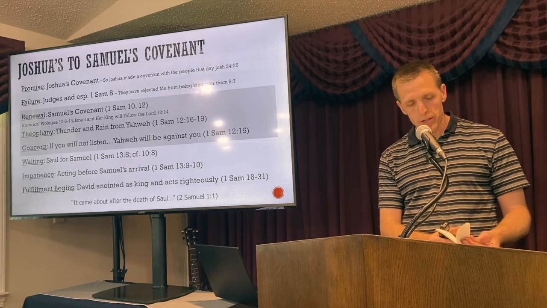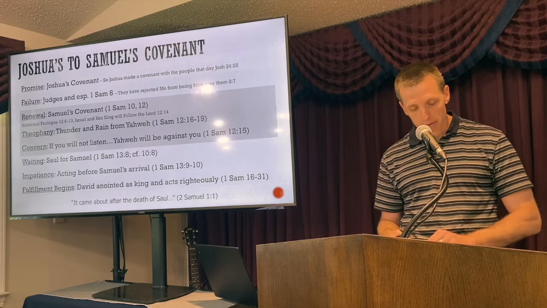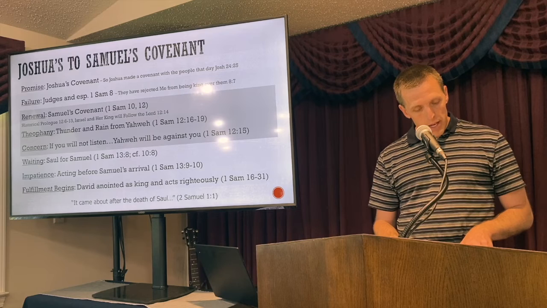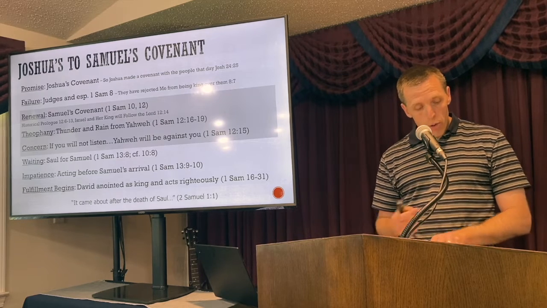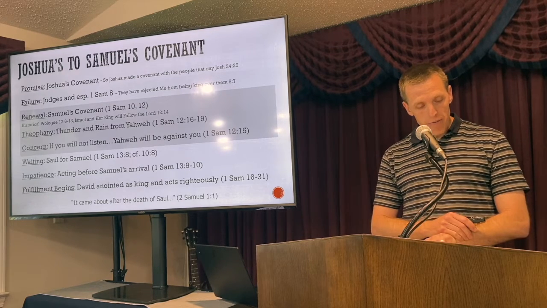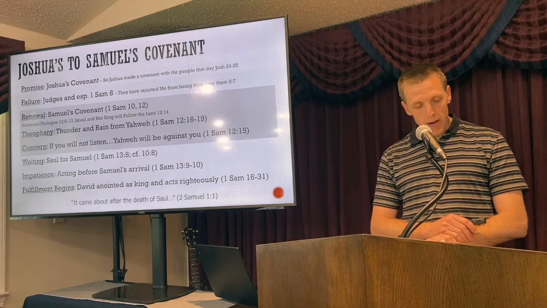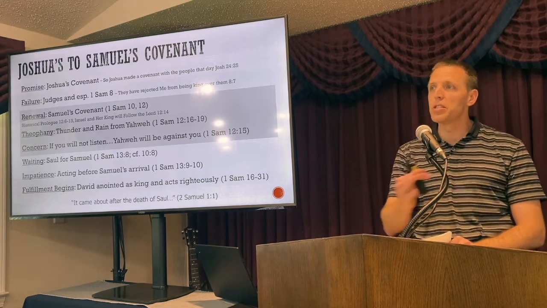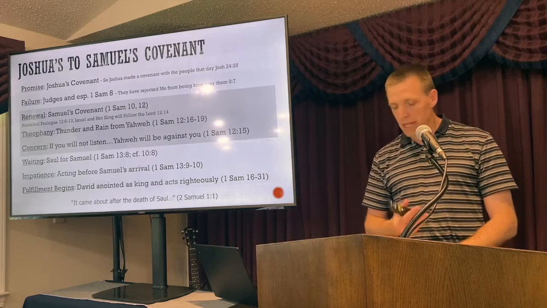And so there's a historical recounting there in 1 Samuel 12. I'll just read a couple verses of that again, just to give a flavor, because I think we're doing okay on time. Samuel said to the people, it's Yahweh who appointed Moses and Aaron, who brought your fathers out from the land of Egypt. Now take your stand, that I may plead with you before Yahweh concerning all the righteous acts of Yahweh which he did for you and your fathers when Jacob went into Egypt. So he's just recounting for them all that God's done through their history as he begins to make this covenant.